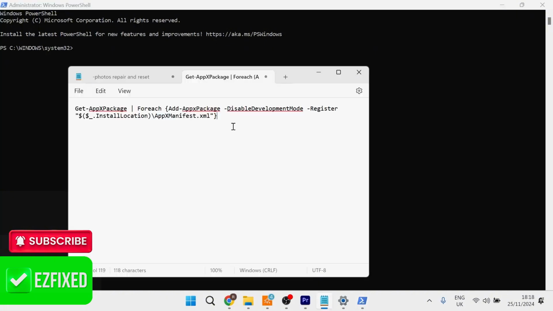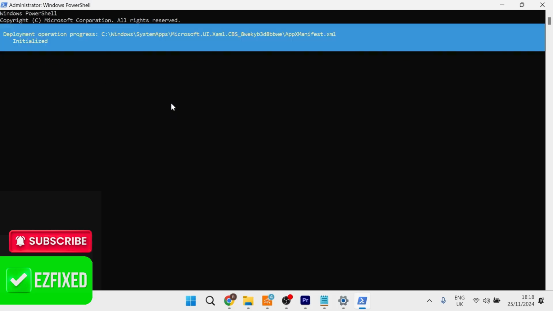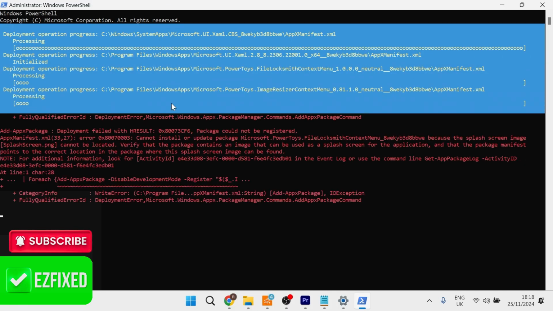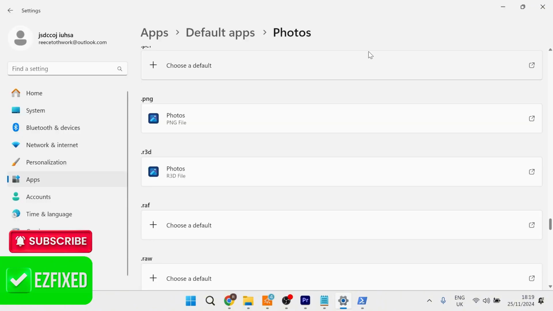Now, I've already got this saved on my notepad, so I'm just going to come and copy all of this text, and I'll leave this in the video description so you guys can come and copy and paste this as well. So I'm just going to paste this command in like so and hit enter, and that's essentially going to reinstall the Windows Photos application. So just make sure you wait for this to completely finish running,